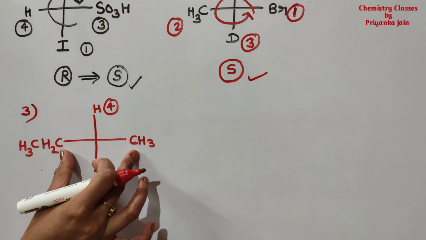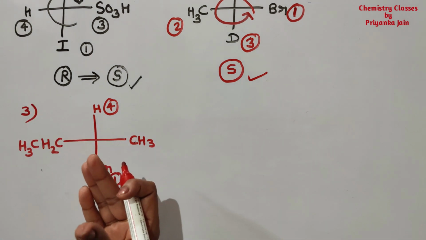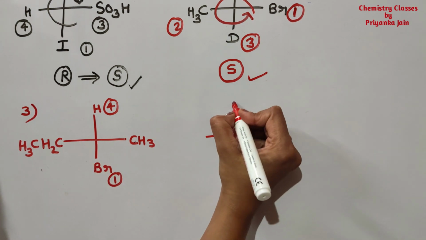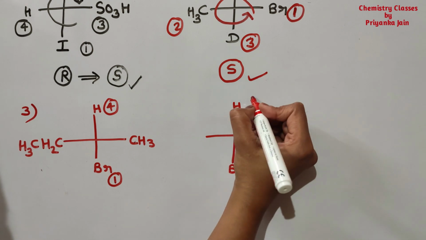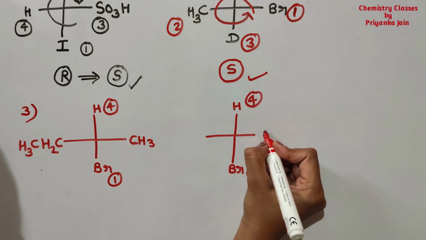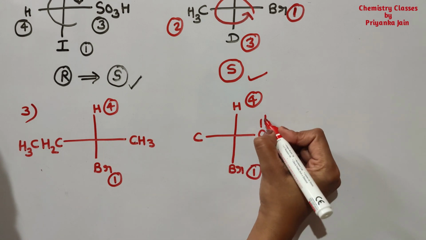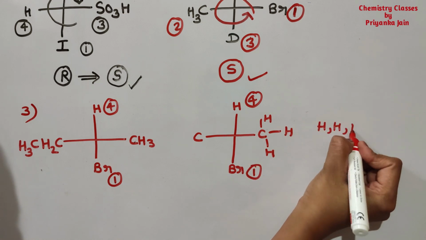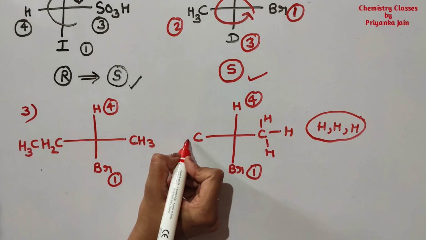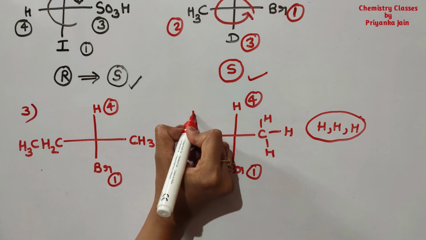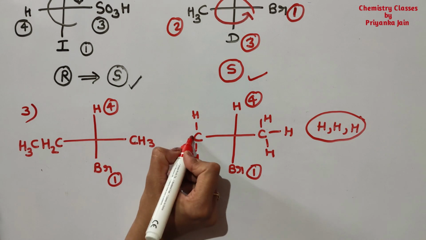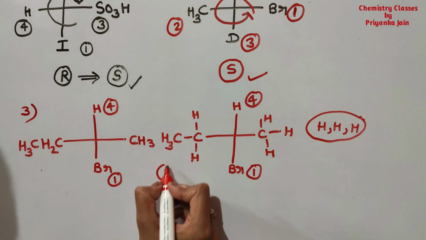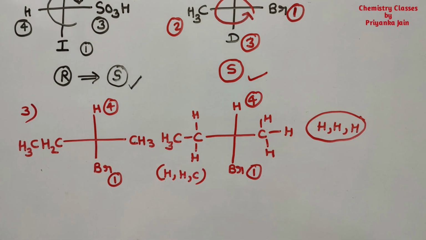Two carbon atoms are present here, so now we have to go to the second atom, okay. We should see the second atom. What is the next atom? So for this you can open it. This is our fourth priority group, this is first priority group. Now see here, to this carbon 3 hydrogens are attached, okay. It means we can write this is hydrogen, hydrogen, hydrogen, okay. And see here, to this one is hydrogen, another is hydrogen, and third one is the carbon, right? So we can write here, this is hydrogen, hydrogen and carbon, okay.